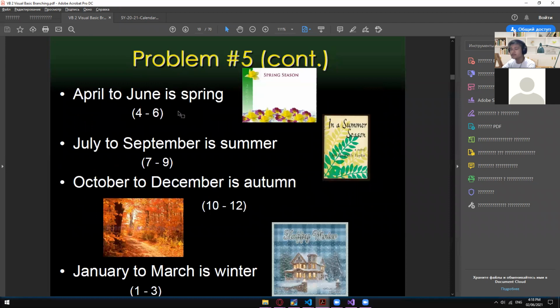Okay, so here are the sample pictures that it wants us to display. So April to June or 4 to 6 is with this picture. July to September is 7 to 9, with this corresponding picture. October to December or 10 to 12 is with this picture. And then January to March is winter, or 1 to 3 is winter. Okay, it wants us to display this picture right here. All right, so to make it simple,